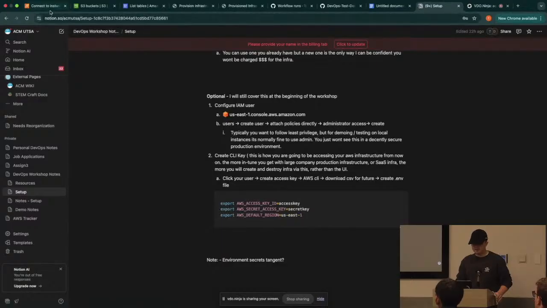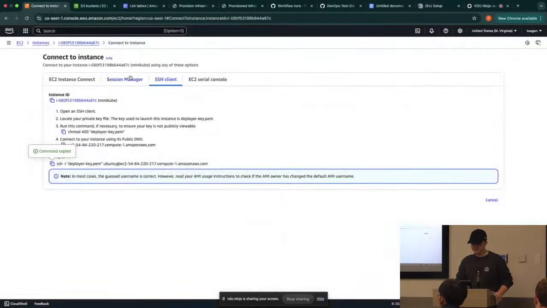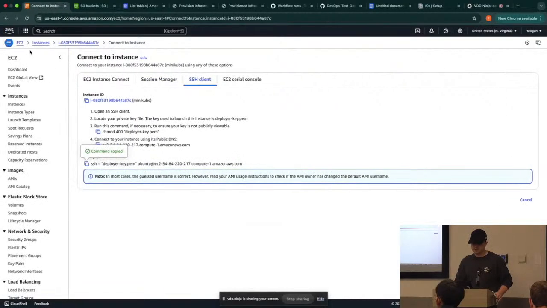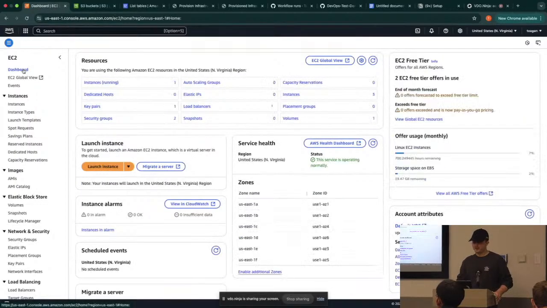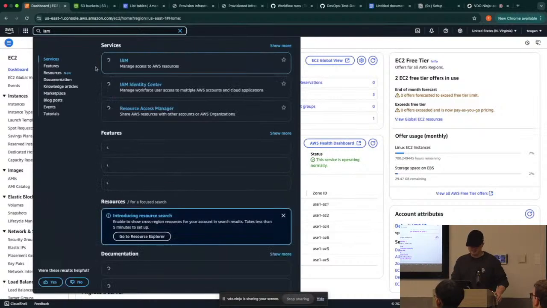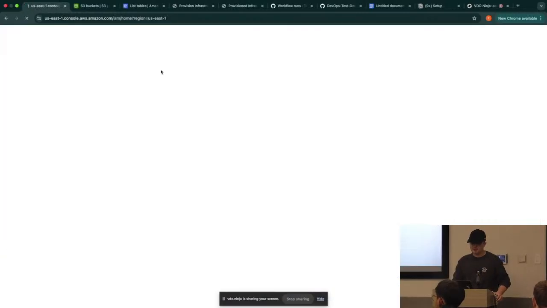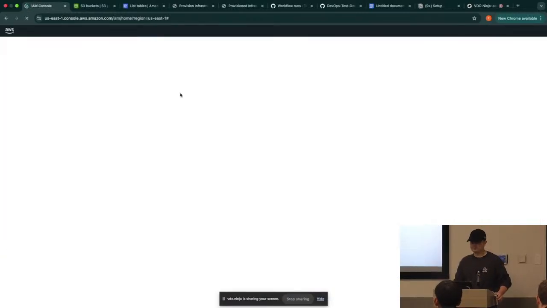Okay. So for those of you starting, the first thing we would like to do is go to our AWS account. We basically need to set up the method in which our code is going to communicate with AWS itself. The easiest way to do that is to go to IAM. This is how you manage your access to all of your AWS resources.